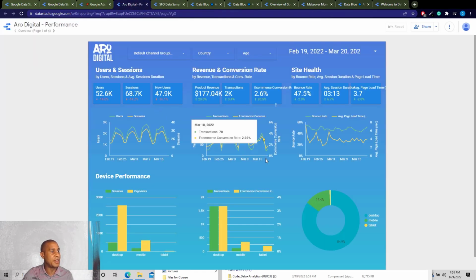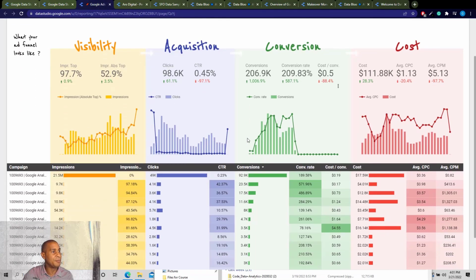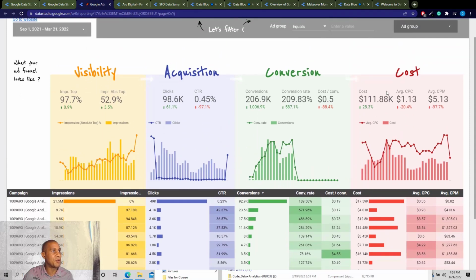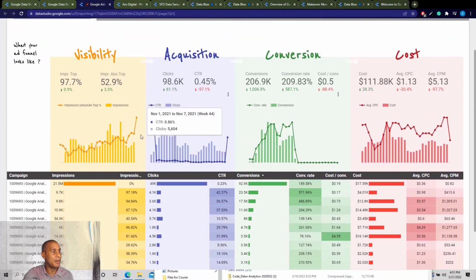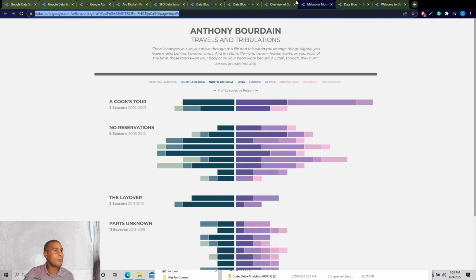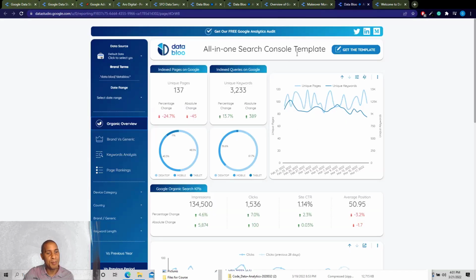Here is another dashboard. It's not the greatest. I think the color scheme is a bit weird, and we can talk about colors also. Here's one that has a little bit more style to it. Also, I think a little bit confusing, so we can figure out what's the best strategy for us. There is some other helpful pages that we can use, and I'll put those in the description. So let's get started in how we actually get data